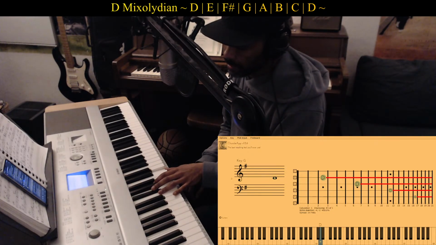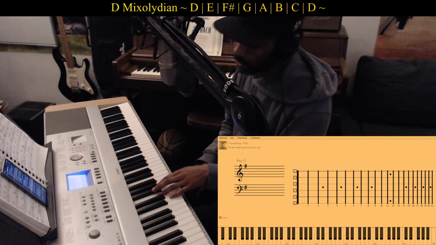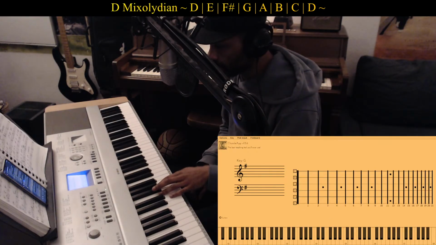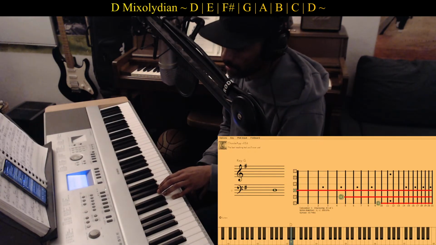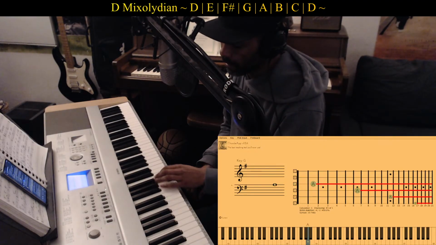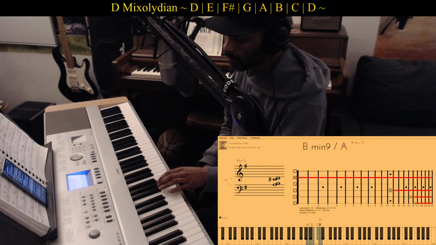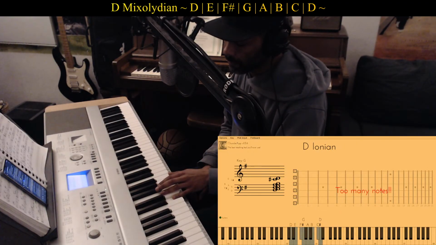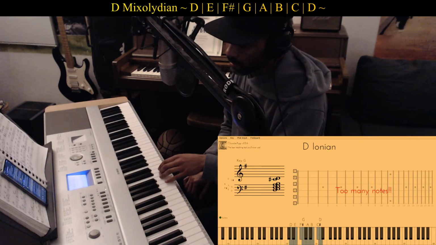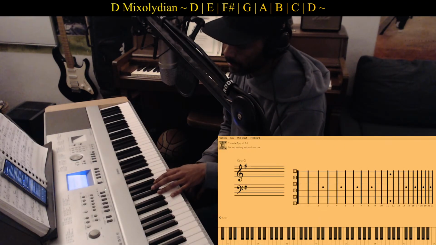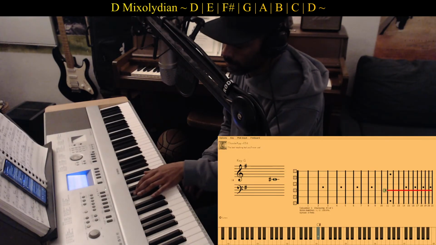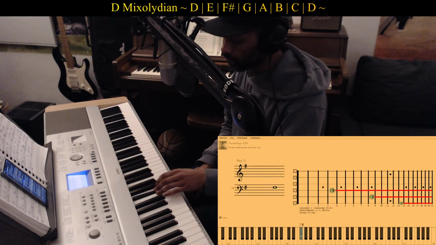What is the difference of D Mixolydian and D major? Let's play D major and let's look at the difference of the two modes. 1, 2, 3, 4, 5, 6, 7. In the Mixolydian mode, we have a flat 7. Usually we would